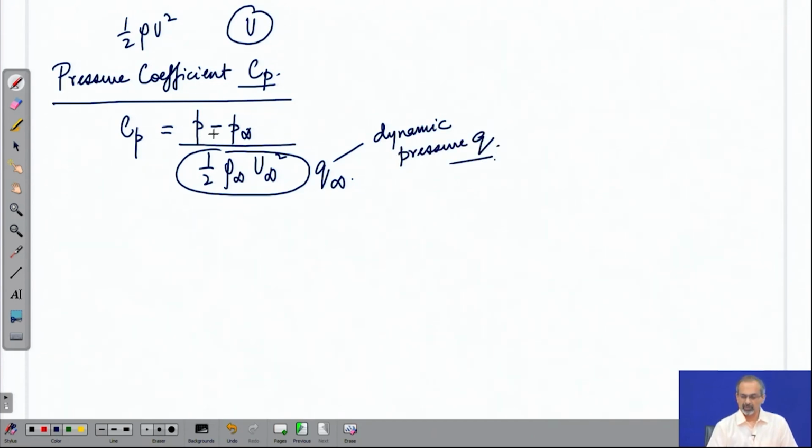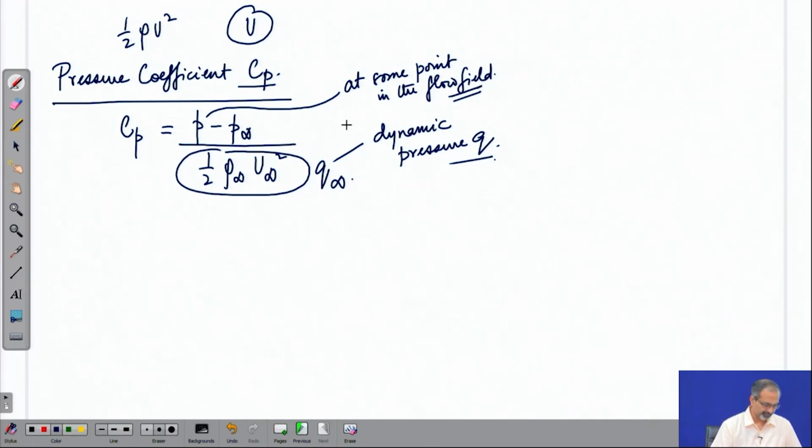So, what is it talking about? It is talking about a pressure at some point in the flow field, and we are trying to make a non-dimensional assessment of that pressure. So, if you were looking at a situation like this, that there is a uniform flow moving past an airfoil, and you are interested to find out the pressure coefficient at a point on the airfoil,